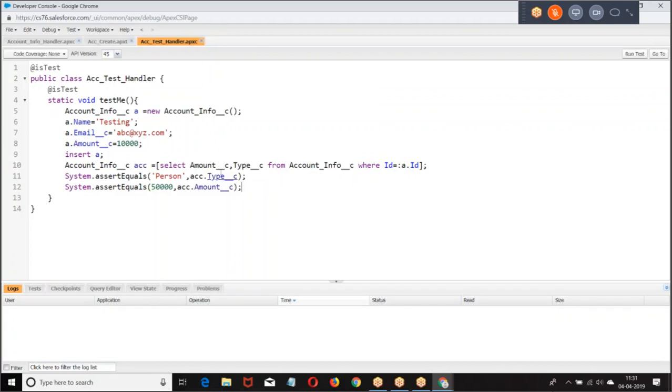Now if it is running properly, the value of type should be modified as person, and the value of amount should be modified as 50,000. If the trigger is working properly, the following changes should happen. Now I wrote a SOQL query and got the data, verified whether the data is modified or not. Am I right? If the trigger is running properly, the data should be modified. Did the data change according to the requirement or not? I verified, then test it.